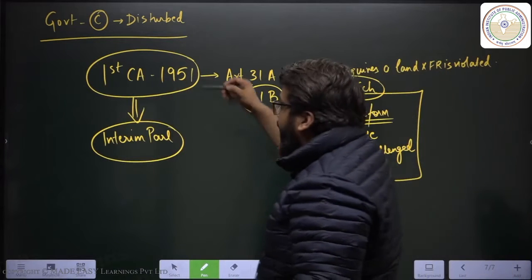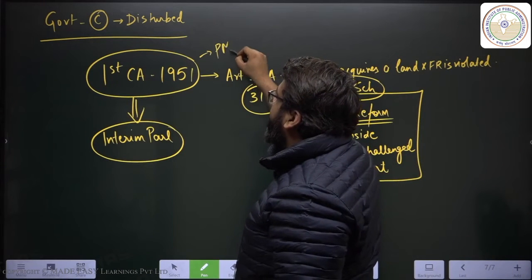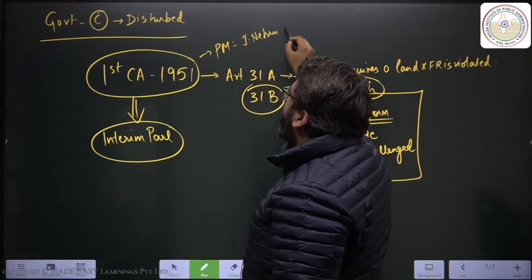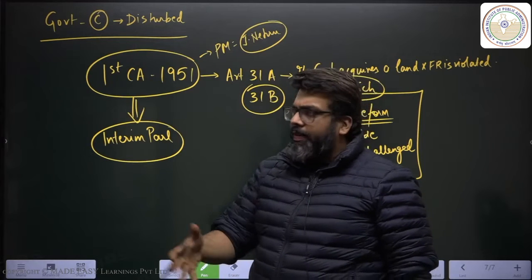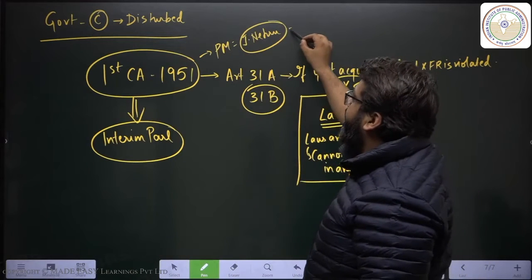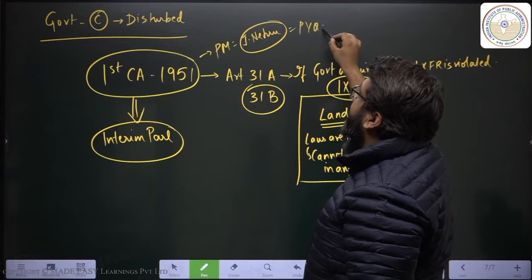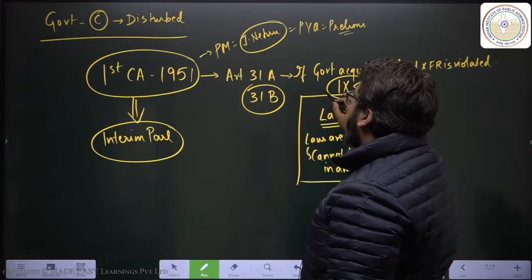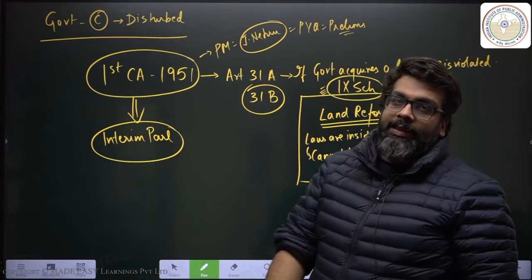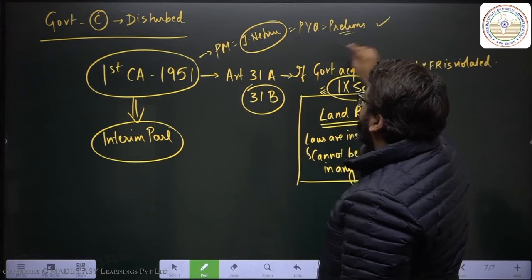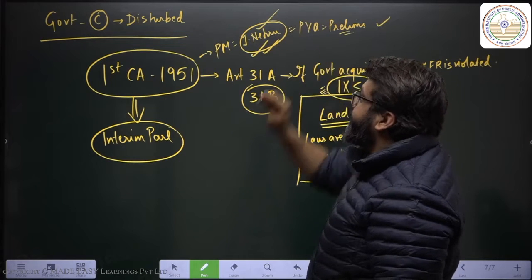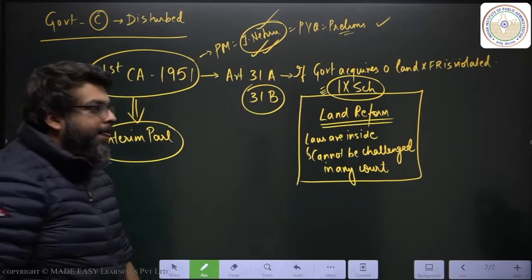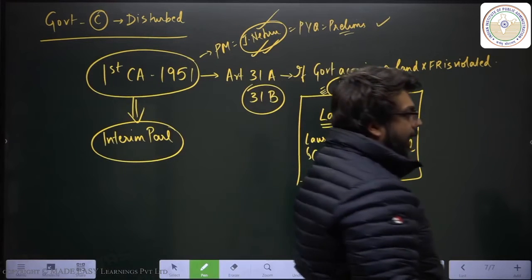And we all know India's first PM was Jawaharlal Nehru. Why am I telling you this? Because just a few years ago, barely 5-6 years ago, there was a previous year question in the prelims, which was, who was the Prime Minister of India when the 9th Schedule was inserted? The answer is Jawaharlal Nehru. And this is your answer.